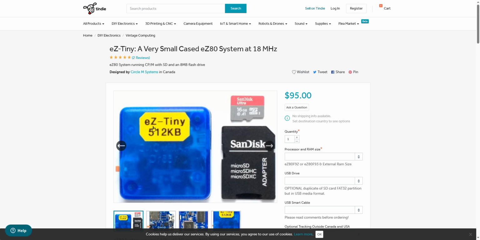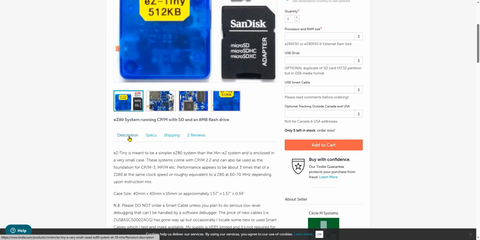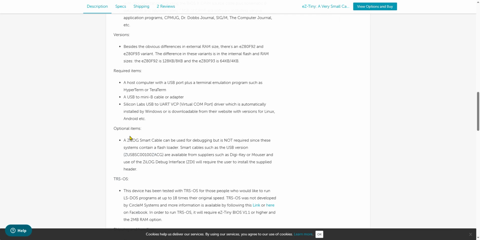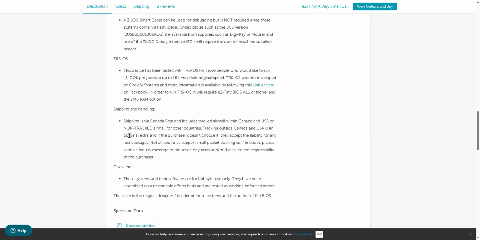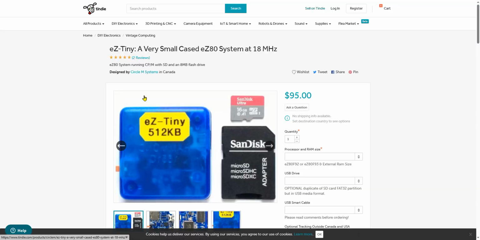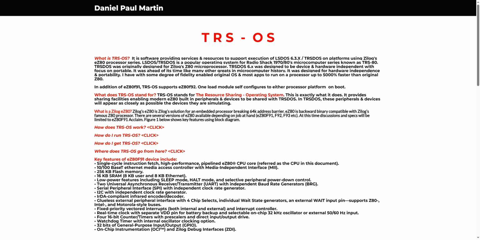These are very small. He calls it the eZ80. It really is. It's a 1 square inch or something like that. It has all the hardware packed in that you ever need to run a complete operating system. And here he mentions the TRS-OS also. Now, if we go back to my website,